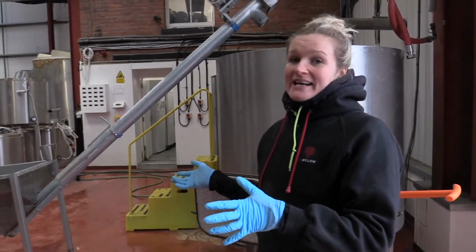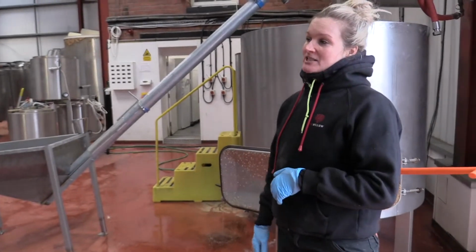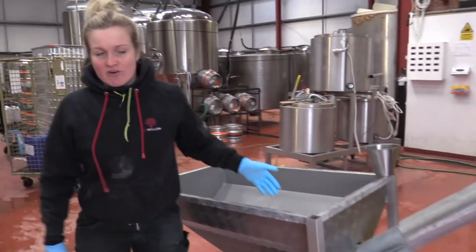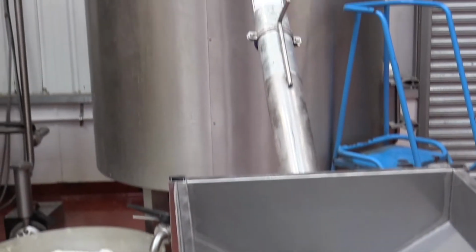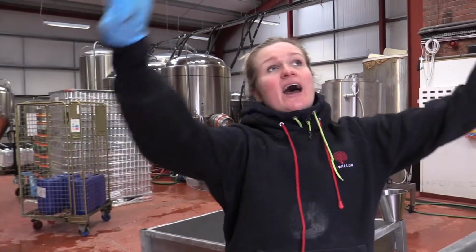We'd begin every morning about 8 AM and would start a process called mashing in, which is basically for wort production. So what we do is we use the auger, which is here. We tip the grains into the auger, and this is like a spiral, which drags the grain. We've got water coming from the HLT, which is a hot liquor tank over this way, and they're going to